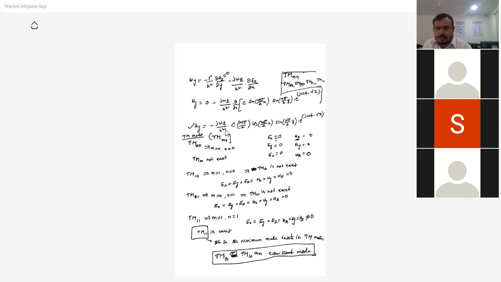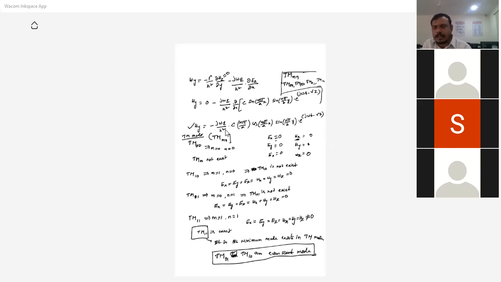Regarding this expression, please see, these are very, very important. Maybe next week I will give the assignment for this. You need to write the TE mode and TM mode. These two are very, very important. Without this, there is no question paper. They ask either the TE mode or the TM mode, so you need to write both. Write the expressions for the field components in TM mode or TE mode. You can express all 6 components.